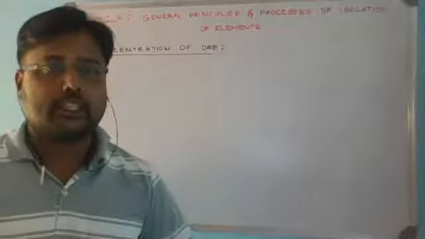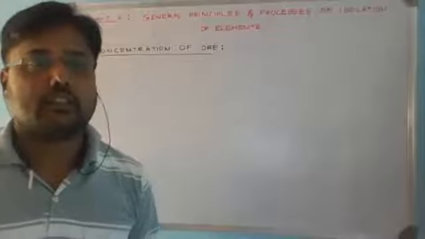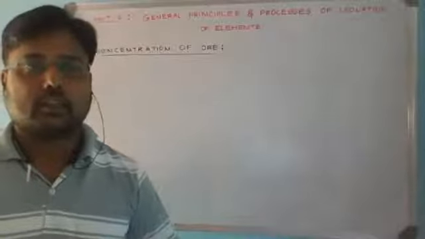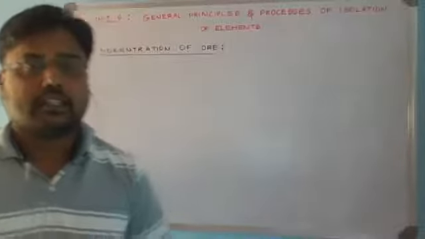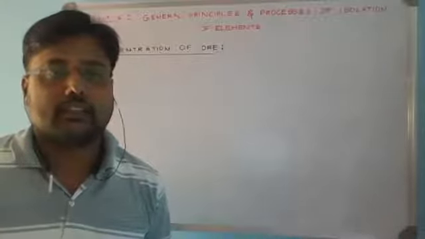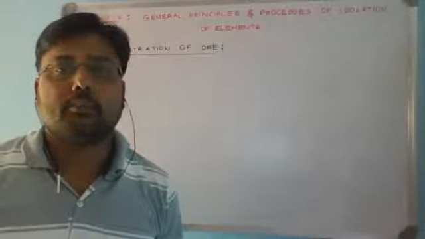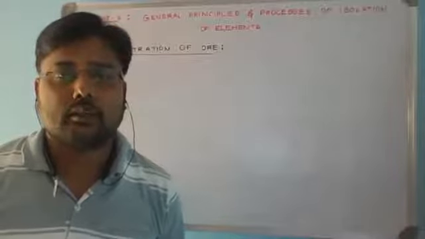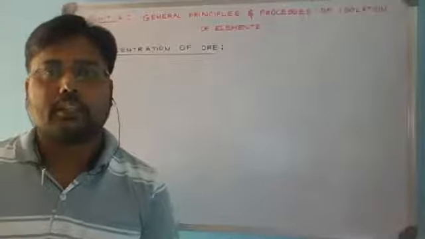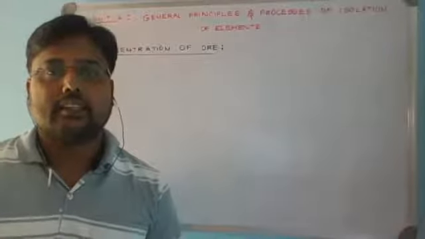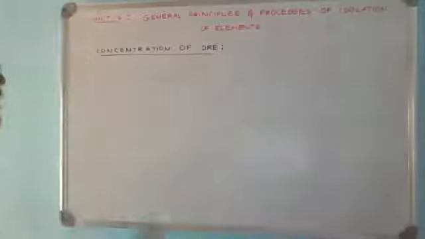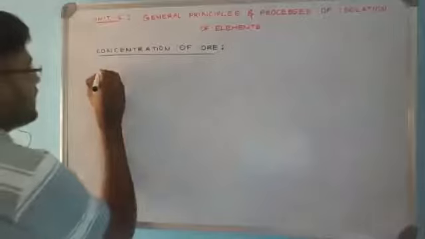Now, before proceeding to the methods of concentration of ore, we'll try to recall what concentration of ore is. As we discussed earlier, rarely does the ore contain only desired elements. It contains earthy impurities or undesired impurities associated along with the desired metal. Such a process of removing the gangue particles and increasing the concentration of the ore, we are going to discuss now. So concentration is also referred to as